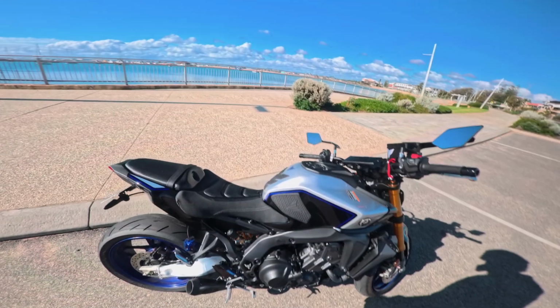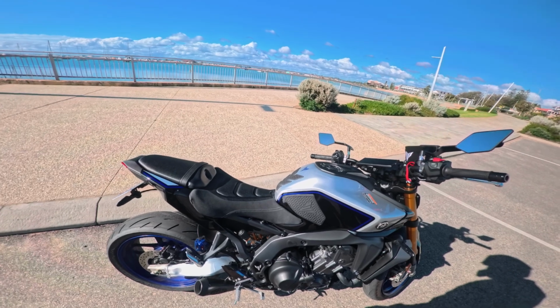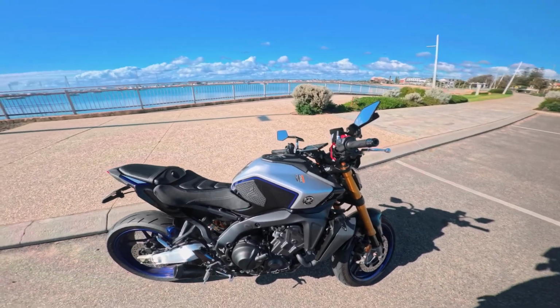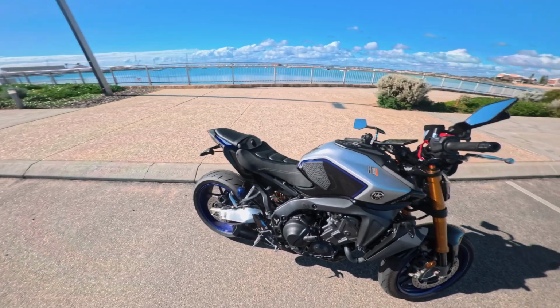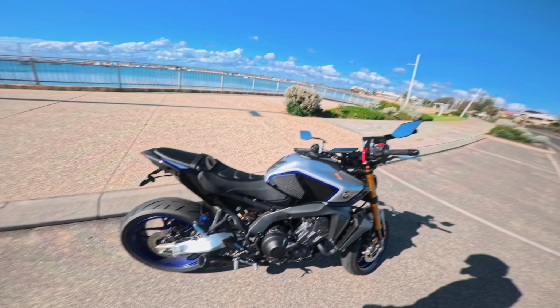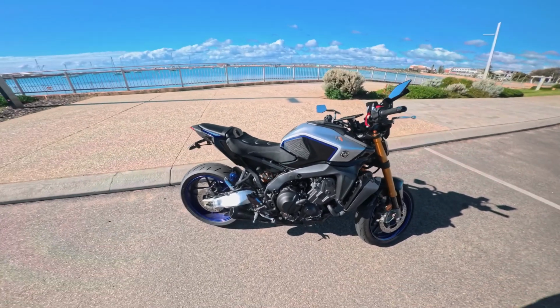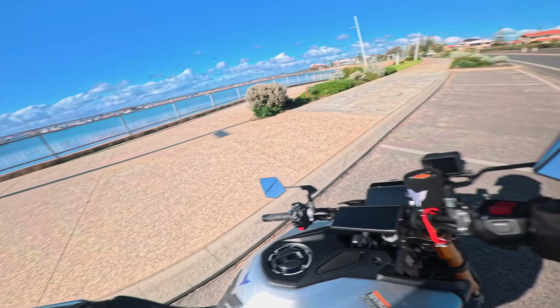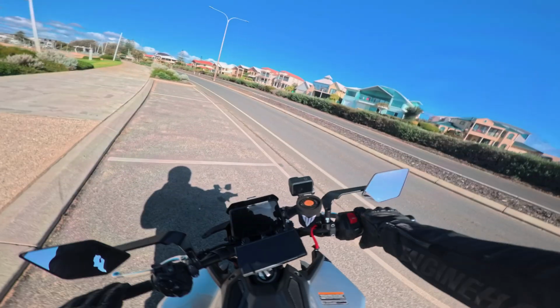As for the comfort seat, it's pretty cool. Was it worth $200, $210? I don't know. Each to their own though, but it's cool. It's not as solid as the OEM seat, so it's fine. The mirrors, I don't know if I like them. I don't think I do. I only got them because